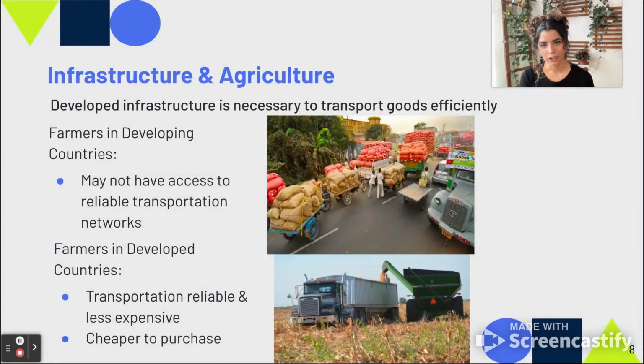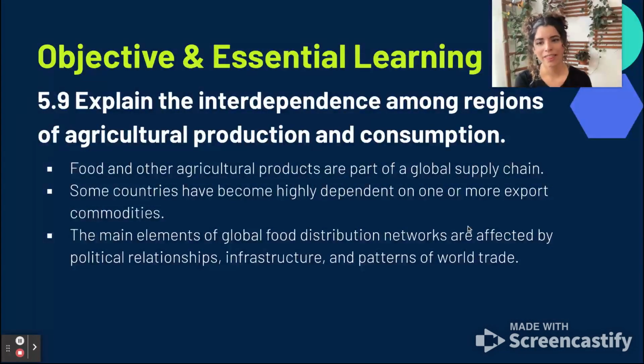For infrastructure and agriculture, developed infrastructure is necessary to transport goods efficiently. In developing countries, we see farmers that maybe don't have the same access to reliable transportation networks, whereas farmers in developed countries have far more reliable options for transportation, which means that it tends to be less expensive for those farmers. And it's also cheaper for consumers to purchase. So when it comes to commercial agriculture, we see that being a big advantage. So that's it for